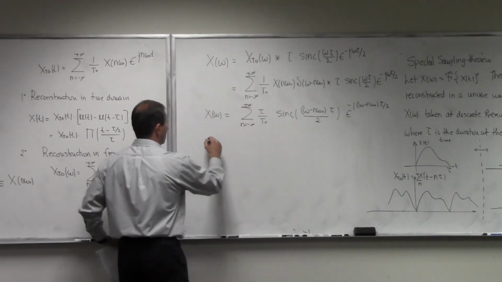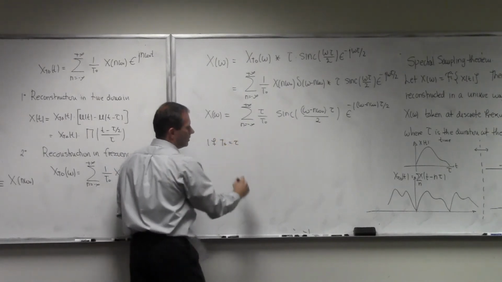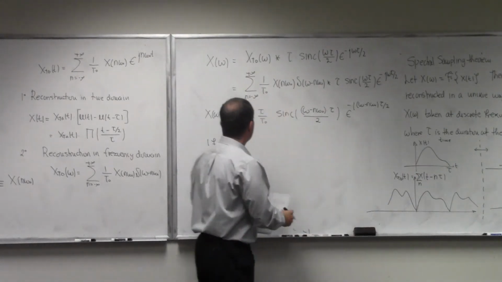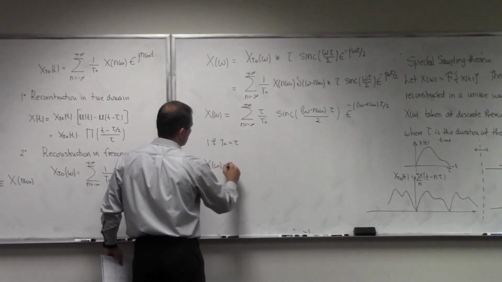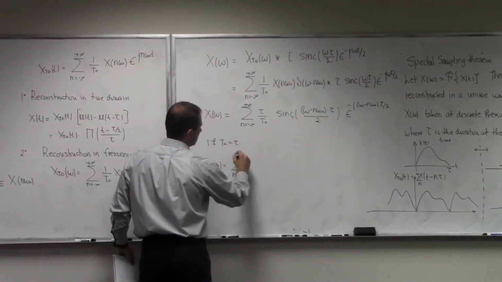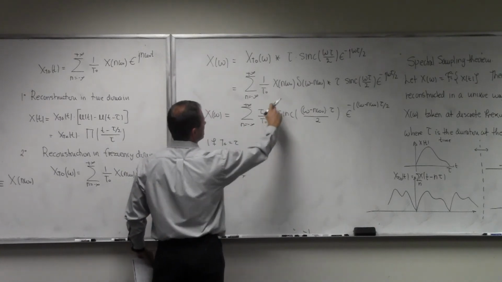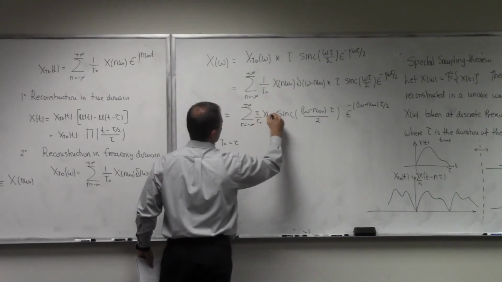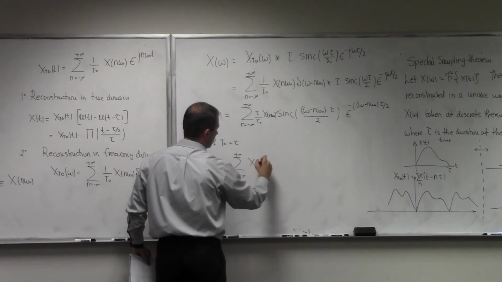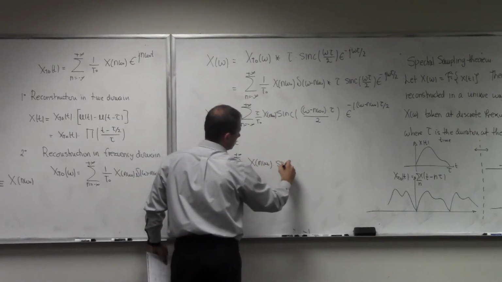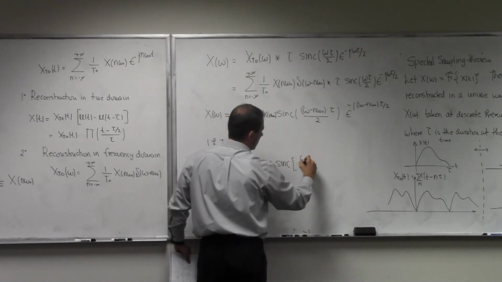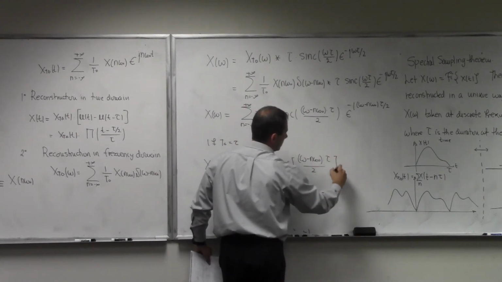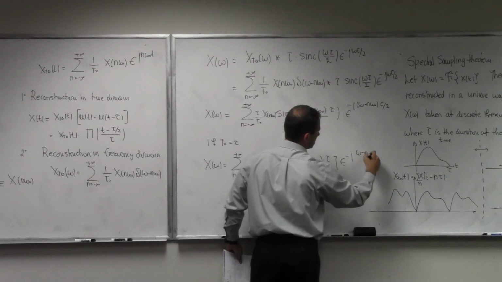If T0 is equal to tau, meaning that I'm doing the periodic extension just like I'm doing it here, then I end up with X of omega equal to the sum, n goes from minus infinity to plus infinity, of tau over T0, X of n omega 0, sinc of omega minus n omega 0 times tau over 2, e to the minus j omega minus n omega 0